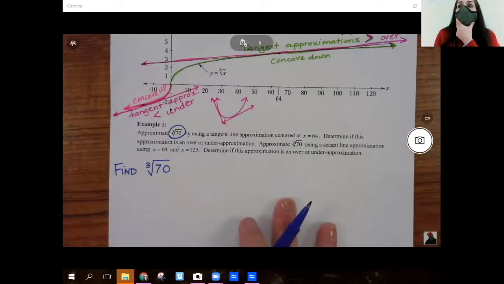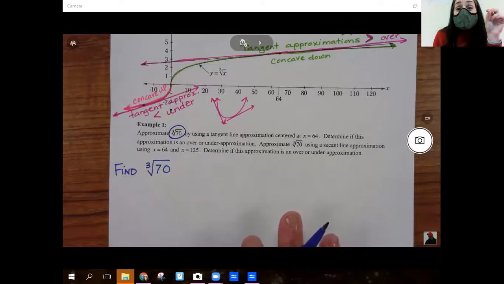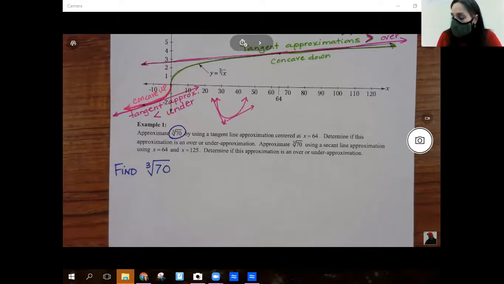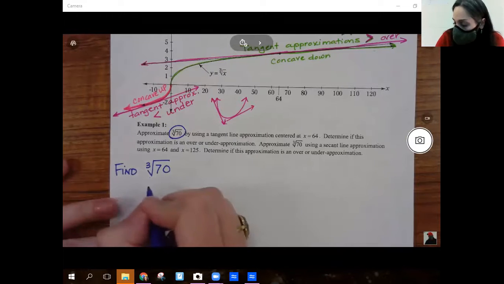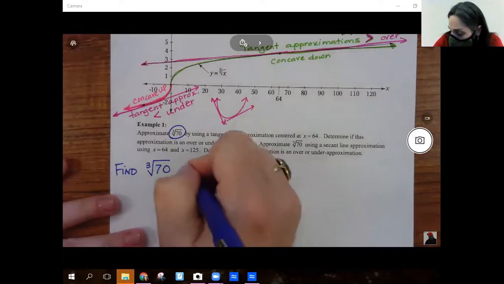So we're going to be able to estimate this answer to about 2 decimal places of accuracy without using a calculator, which is pretty remarkable if you think about it. I mean, going out a couple of decimal places of accuracy, that's pretty good for a cube root. So what you want to do is first